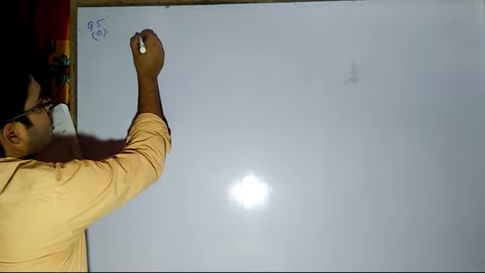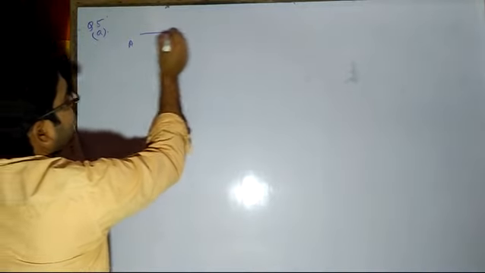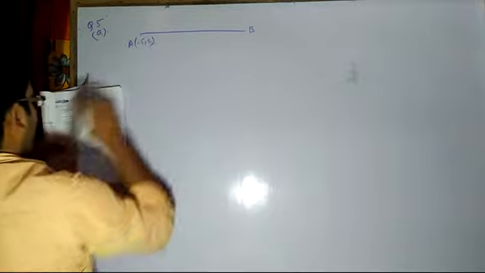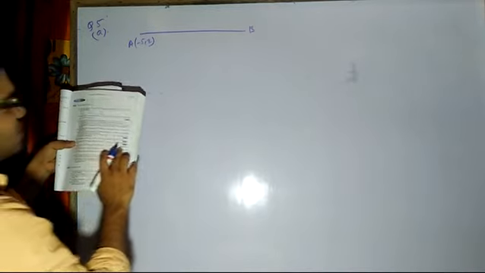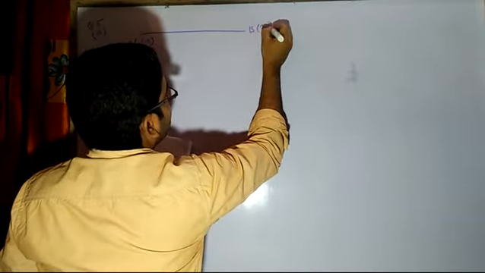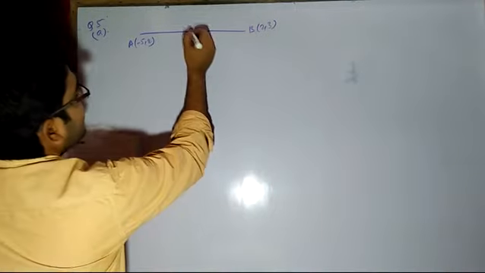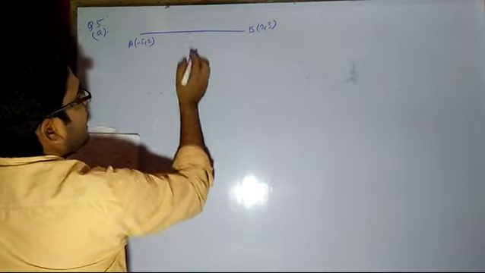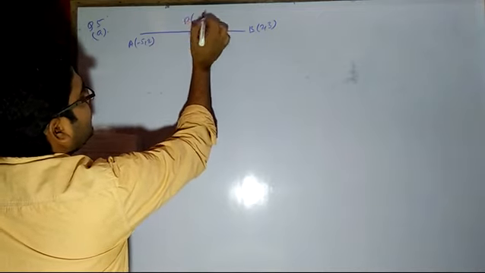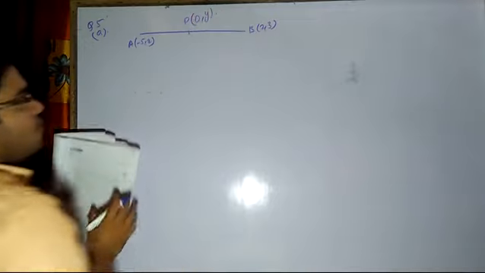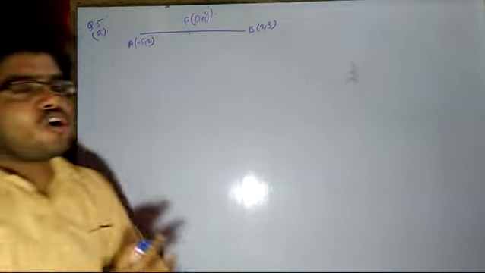Now let us first draw the line segment. A is here, B is here. Now what is the point? A is (-5, 2) and what is my B? B is (2, 3). Now it is divided by the y-axis. What is the y-axis? I assume here it is the y-axis and I am naming the point as P. So it will be like (0, y). Why am I taking it as (0, y)?